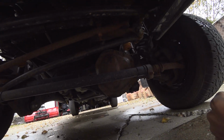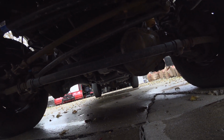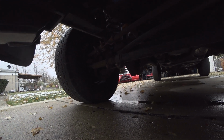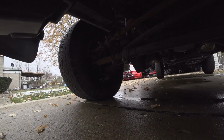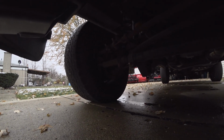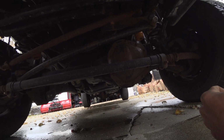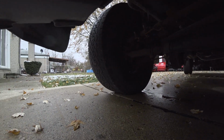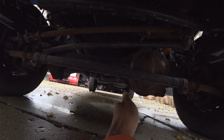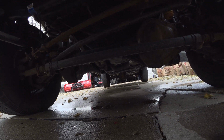So if I bottom this front end out all the way down to the bump stops, the alignment of the front end will not be changed. Whereas if you bottom a Chevy truck out, which is probably a little bit easier to do than it is on here, you're changing the angle of the control arms, and in turn changing the geometry of the front end, and causing scrubbing between the tires. So effectively, when you're going down the road, now the tires are going to be pointing either toward each other or slightly away from each other, which could cause